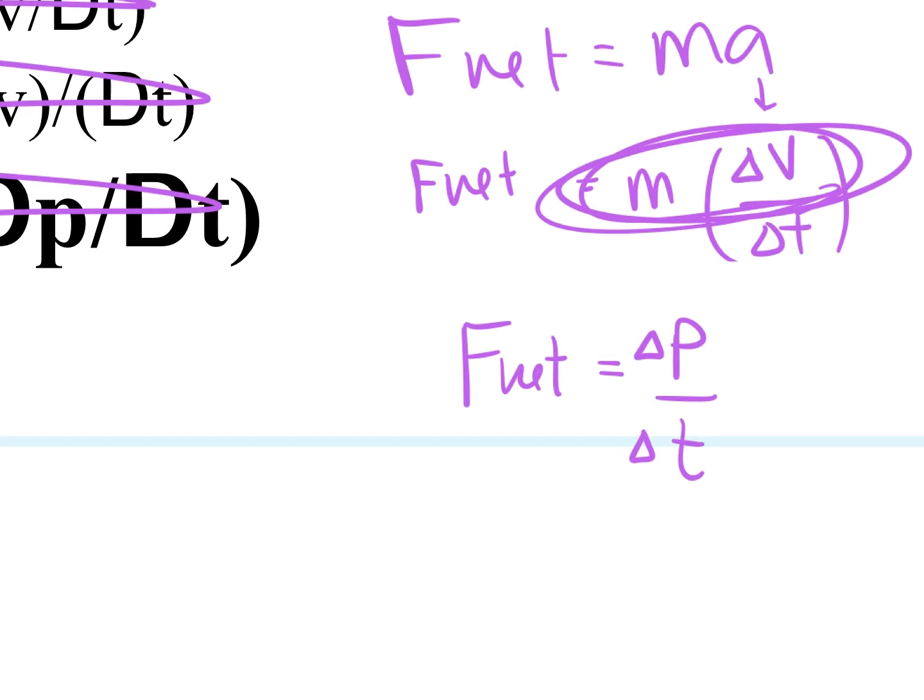Okay, that's one that probably could go on your equation sheet. I'm not sure if AP uses it or not, but you're welcome to have that on there. Yeah, it does have it. You see on your AP sheet, it's right underneath there. Net force equals delta P over delta T, and it kind of works it out. It gives you all versions of that. Okay, so that's a way we can find out how much force was required to change the momentum.